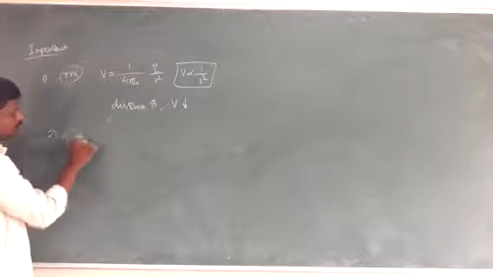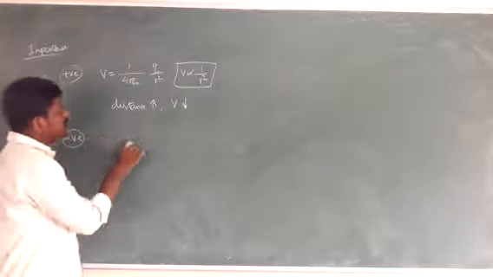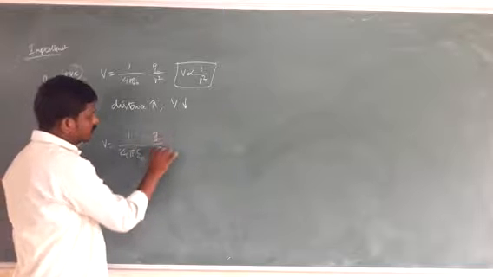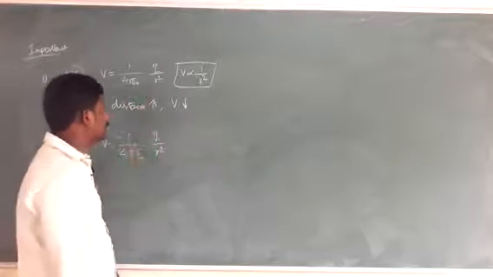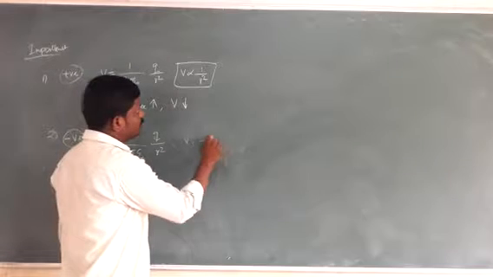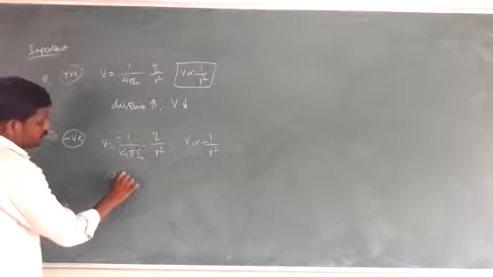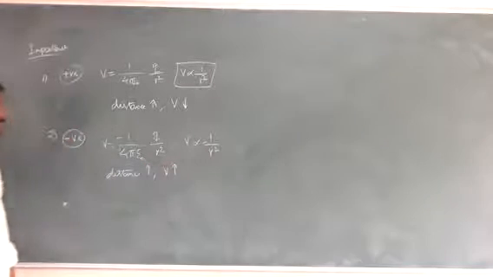So it mainly depends upon the source charge, not the test charge. That's point number 1. If the source charge is negative, the potential V is equal to simply 1 by 4 pi epsilon naught Q by R squared, but with a negative sign. So Q is negative, and V is inversely proportional to R squared, but with a minus sign. So if distance increases, potential also increases. That's a valid point.